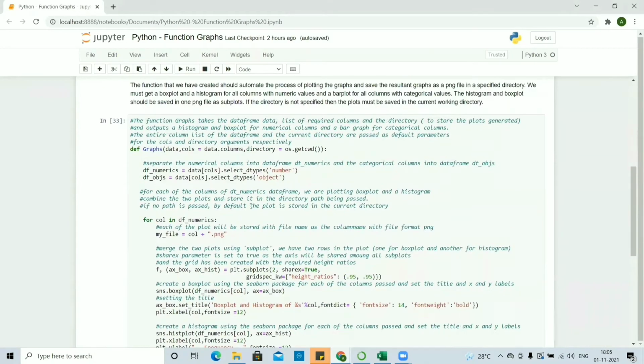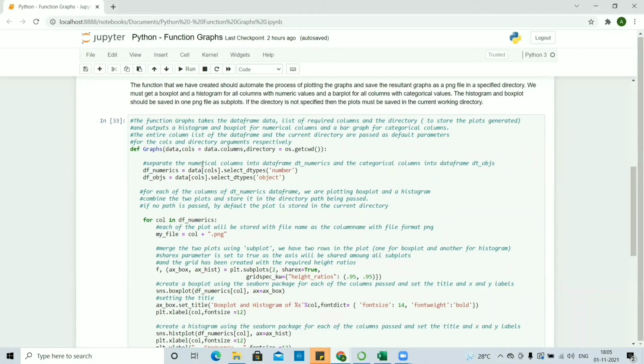Now I'll be explaining the function graphs. The function graphs takes the arguments: the data frame data, the list of required columns, and the directory, which is used to store the plots generated. And the function will output a histogram and box plot for numerical columns and a bar graph for categorical columns.